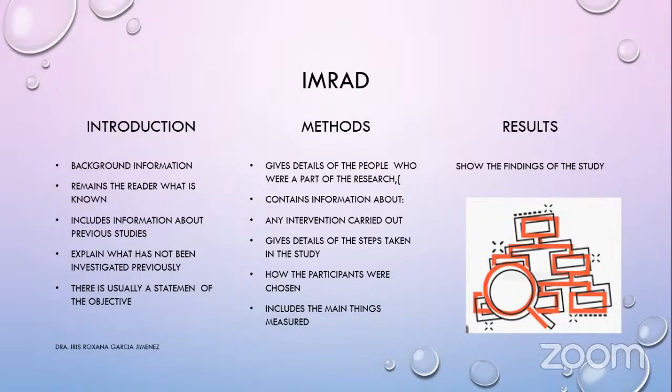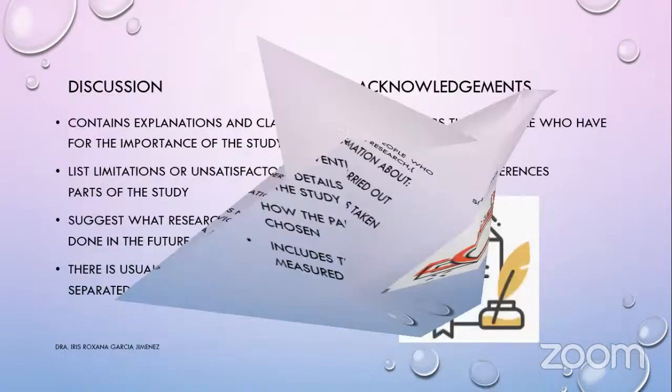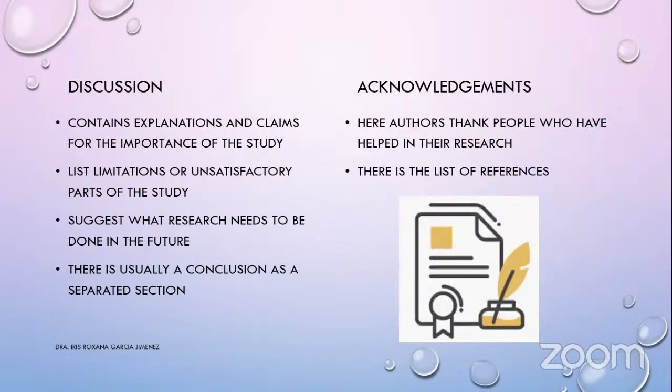The results, of course, show the findings of the study. Whether or not they are positive or negative, the results have to be there. In that way, it's possible to write this kind of paper. The discussion contains explanations and claims for the importance of the study, lists limitations or unsatisfactory parts of the study, and suggests what research needs to be done in the future. There's usually a conclusion